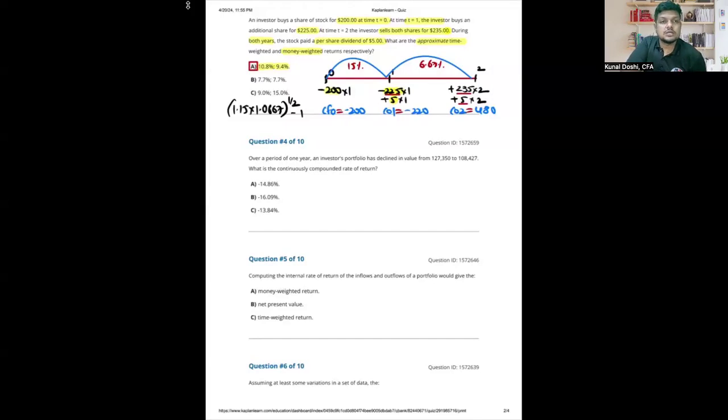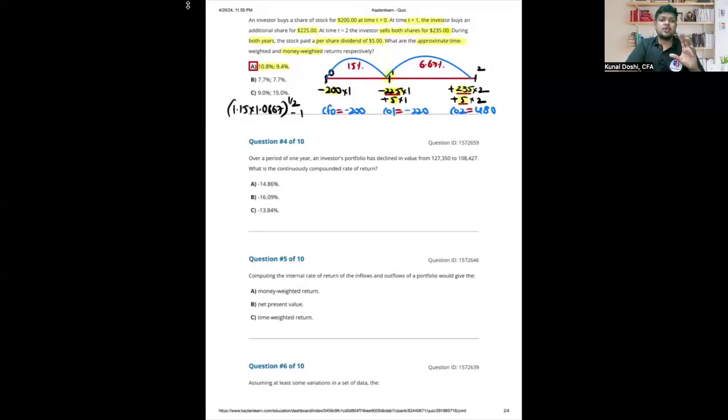To the question, in the second period, again, I look at the stock, not at the cash flow. So what was the stock's value at the end? 235, ending value plus income of 5. In the second period also, the stock gave a dividend of 5. And the beginning value for that period was the ending value of the first year, that is 225. Clear?